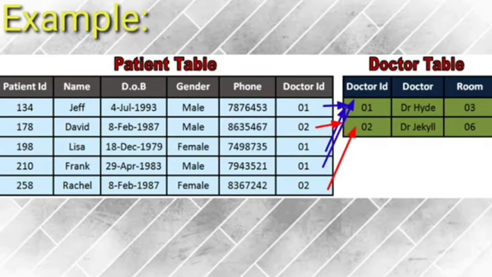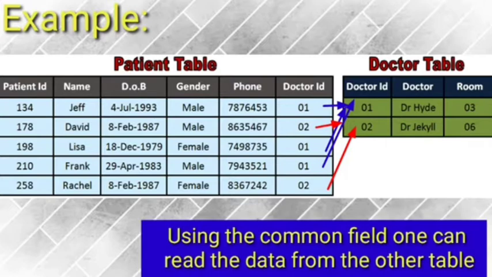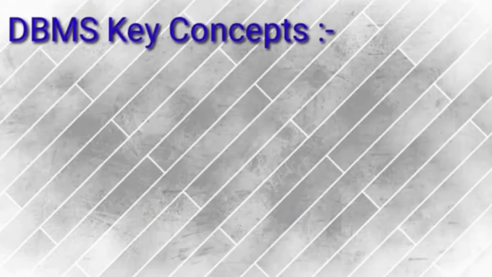Instead of writing the name of the doctor every time in front of the patient details, we have created a separate doctor table which contains the details of the doctor. So whenever a new patient comes into the hospital, you just need to enter the patient record and fill in the doctor ID, and the doctor details can easily be retrieved from the doctor table with the help of the doctor ID. As both tables are connected together, a relationship is created with the help of a common field, doctor ID.